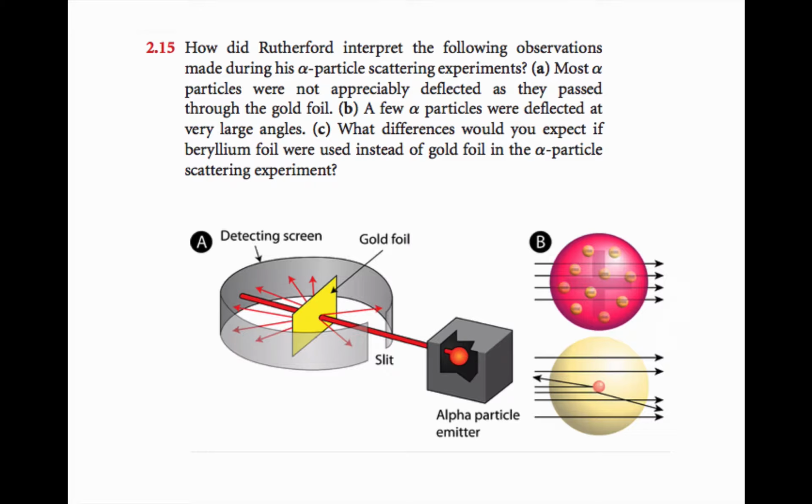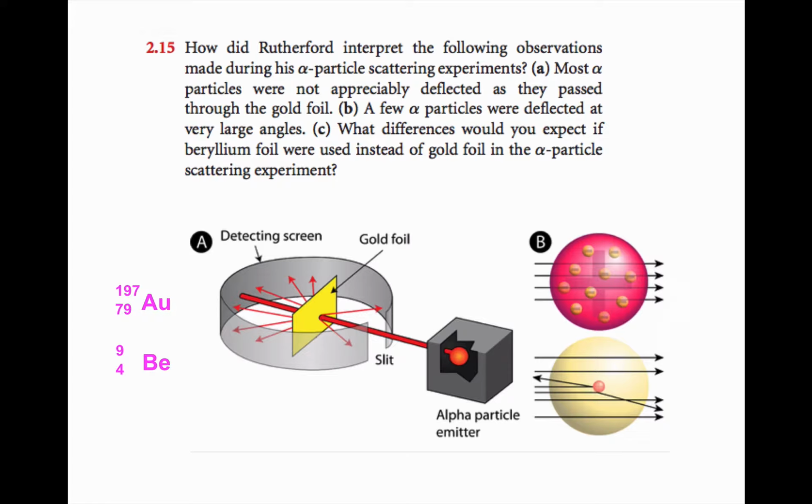Well, gold is a big atom. Gold has 79 protons, and since the most common isotope is gold-197, you've got a lot of mass in that particular nucleus. Unlike with beryllium, where you've got a much smaller nucleus, you're not going to get as big a deflection, because it's going to be harder to find the beryllium nucleus as opposed to the gold nucleus. And when you do find it,